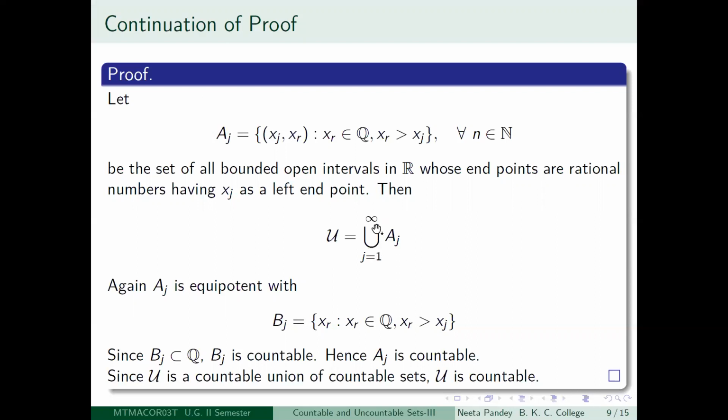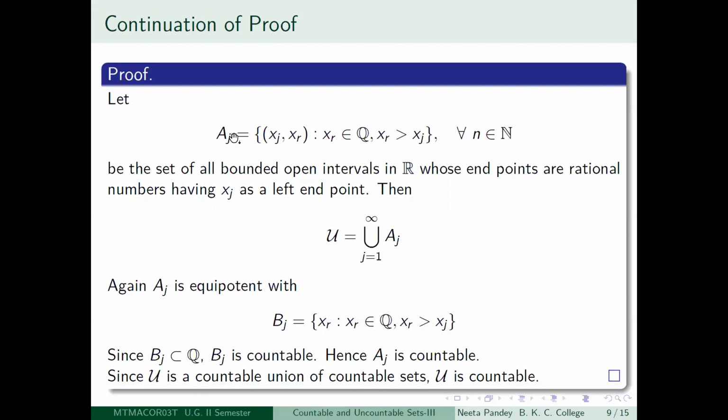So this infinite union is expressed in short form like this. You just use a big union sign, and then you say that you are looking at the union of the AJs, where J is ranging over the set of natural numbers. So we write it as J equal to 1 to infinity. This is just a symbol which means that you look at all the AJs where J is ranging over the set of natural numbers and take the union of all such AJs. That is the meaning of this particular notation. This is clear now.